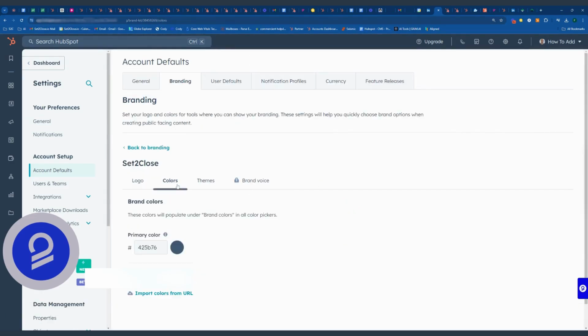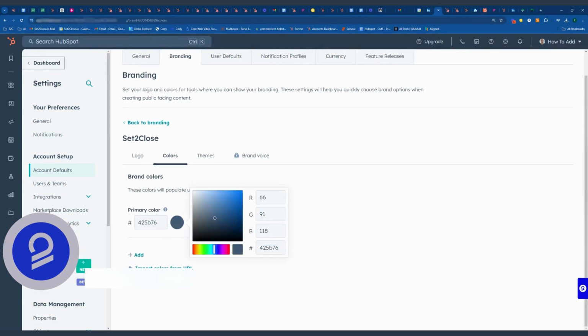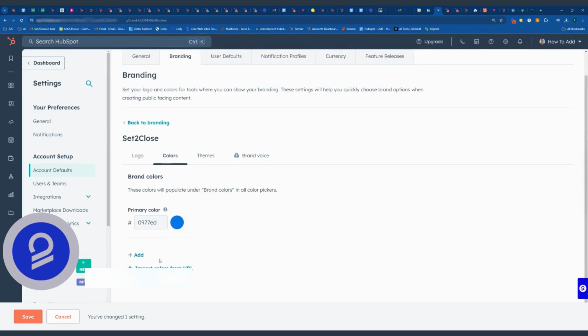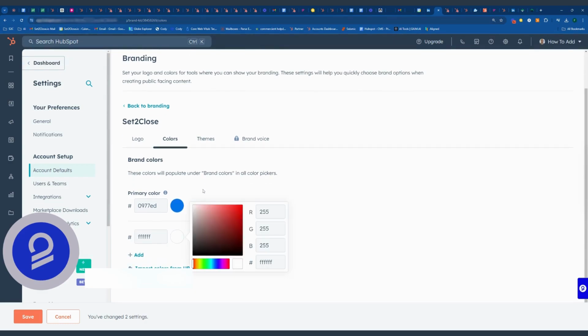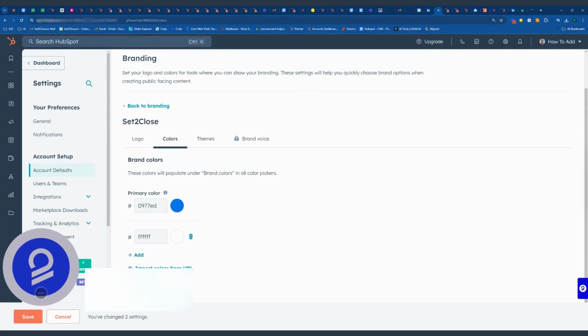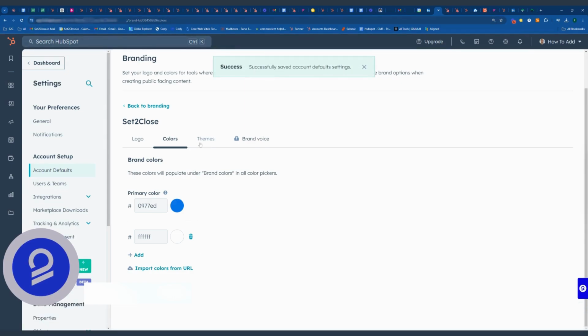Once you've configured those pieces for your logo, you're going to set your primary color. For us, I'm going to choose this blue here. And then we're going to want another color or two. For us, this white is just fine. And those are our brand colors. They're very simple, but you could definitely add more. And you can import colors from a URL if you have that URL. From there, you're going to want to make sure you save these settings at the bottom left there,